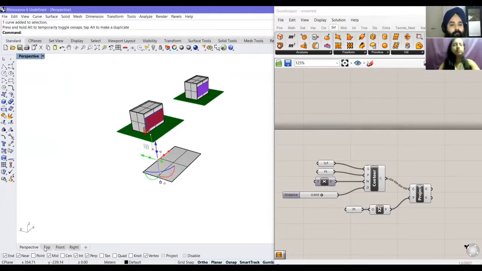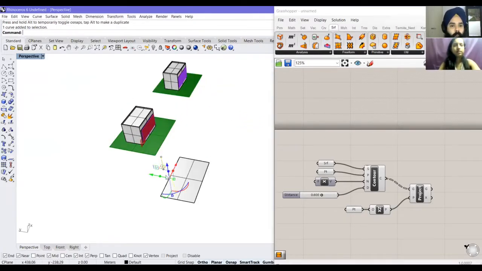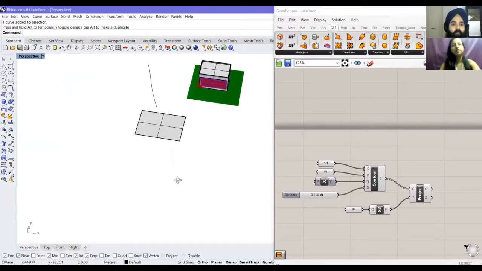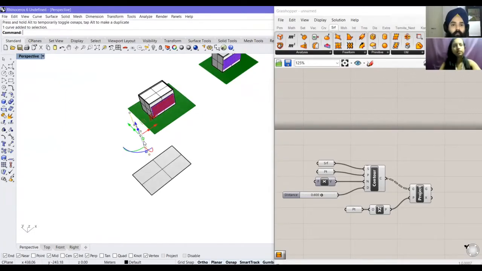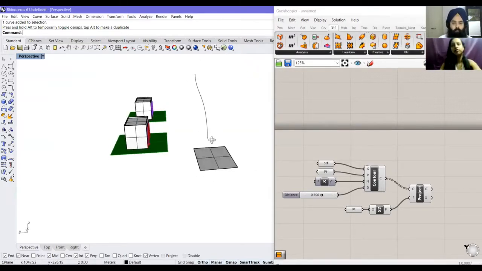So if I show you in perspective what I've done, this curve is on some other plane and the surface itself is somewhere else. So project will basically take a projection of this curve.